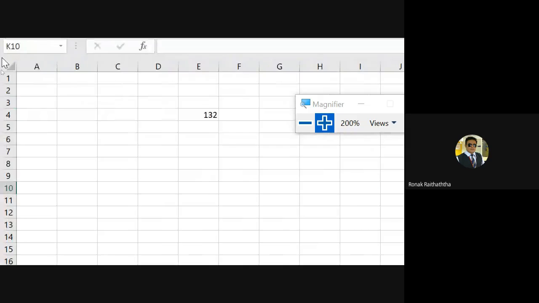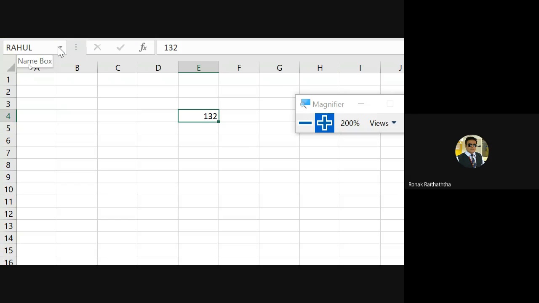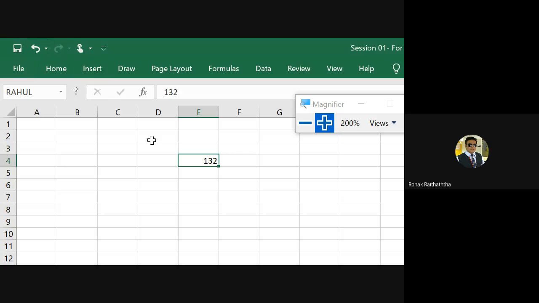So wherever I am, if I go to the address bar and click on it, whatever names I have given to the various cells should be visible to me. And if it is not visible, I can type Rahul, press enter, and my navigation will move from one cell to another, and now I am there in E4. Now E4 is known as Rahul. Are we all clear about this? Everyone? So could you identify how I had given the name to that cell?